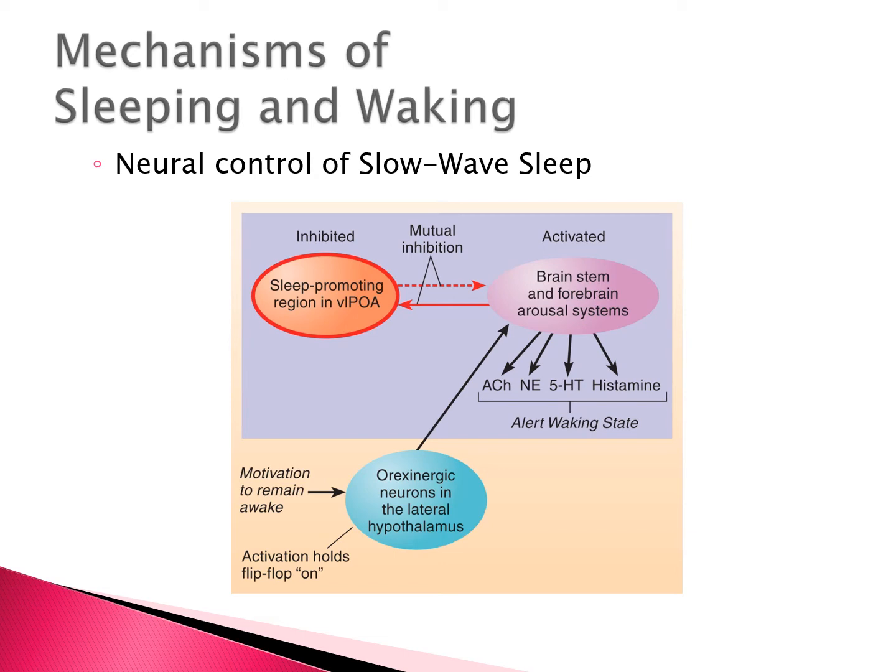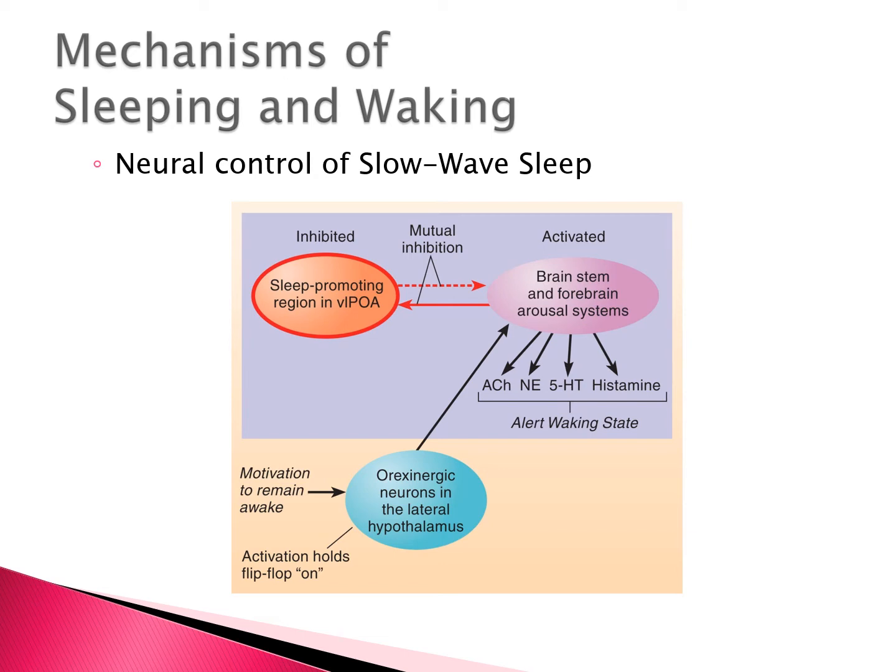One of the authors that I read talks about this as we have a sleep-wake flip-flop, on-off, where when we're awake, that flip-flop is on. We also have a REM flip-flop on-off, where when we're not in REM, it is off. And orexinergic neurons are keeping this flip-flop, our waking state, on. They're also keeping our REM flip-flop off. They're keeping us out of REM.